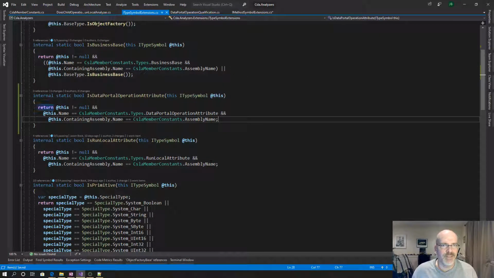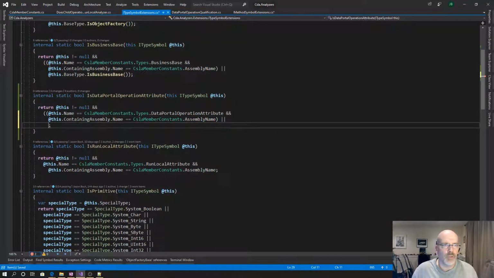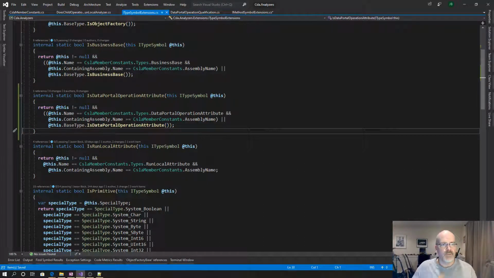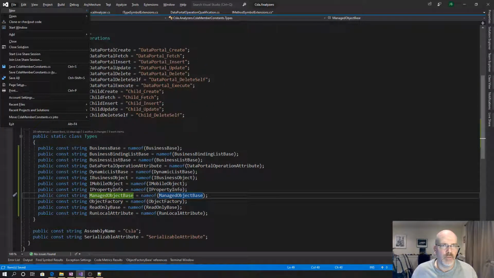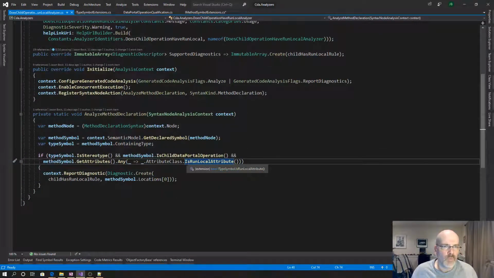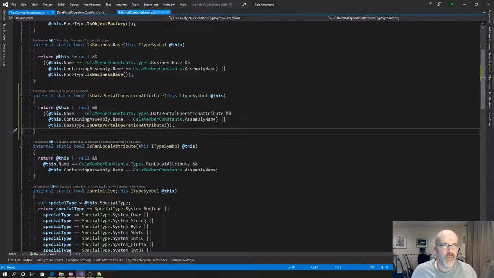reflectively. So I need to say if this and then that, or this.base type is data portal operation attribute. There we go. Okay, so then I come back here, close that down, close that down. And what I want to do is say